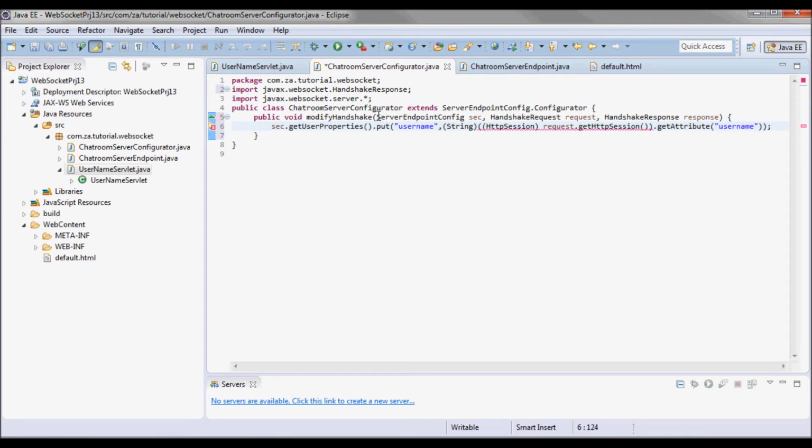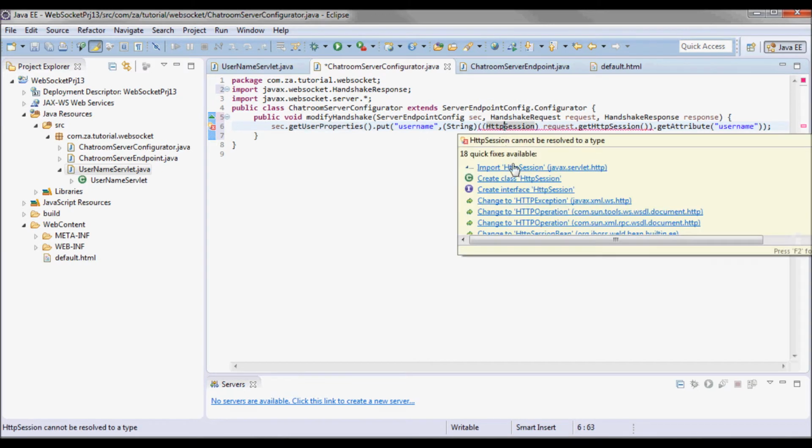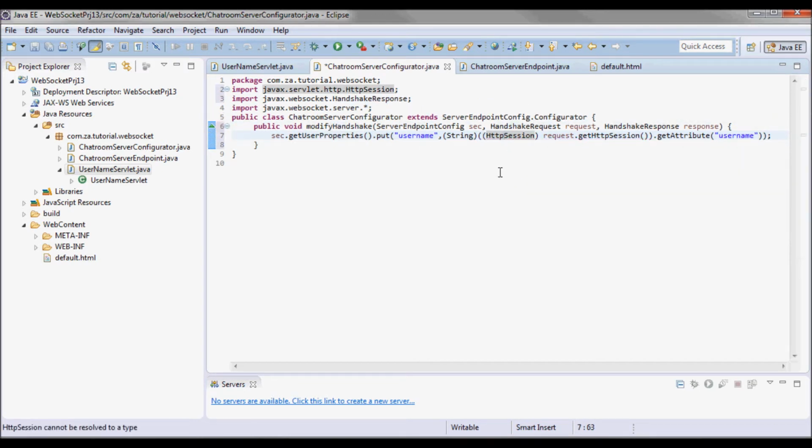So ServerEndpointConfig instance.getUserProperties().put, and I'll put a username.